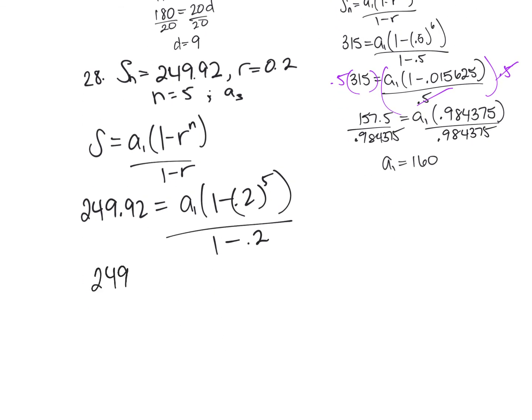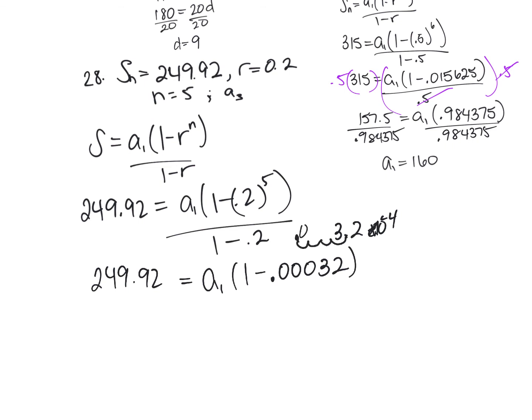So 249.92 equals a_1 times 1 minus 0.2 to the fifth, which is 0.00032. Again, don't start rounding, and you may have gotten 3.2 e to the negative 4 in a calculator, or times 10 to the negative 4. And remember, that moves the decimal place 1, 2, 3, 4 times, and that puts in 3 leading zeros. 1 minus 0.2 is 0.8. And so 1 minus 0.00032 is